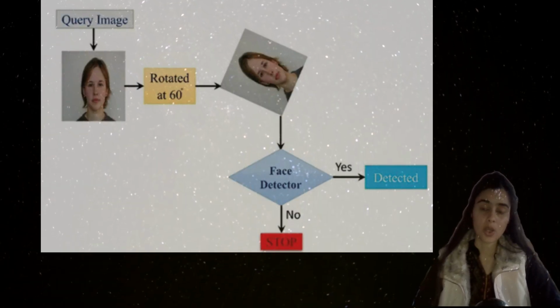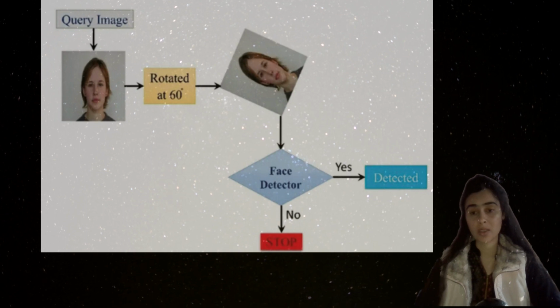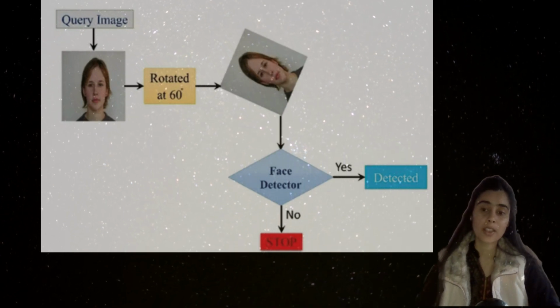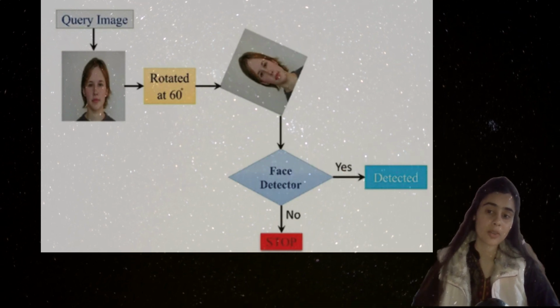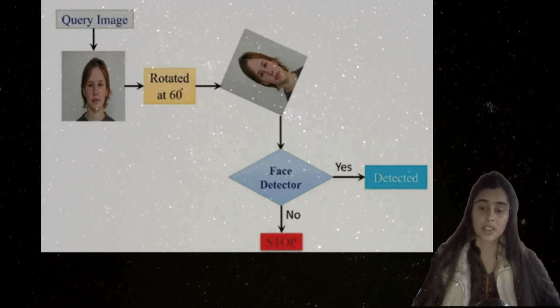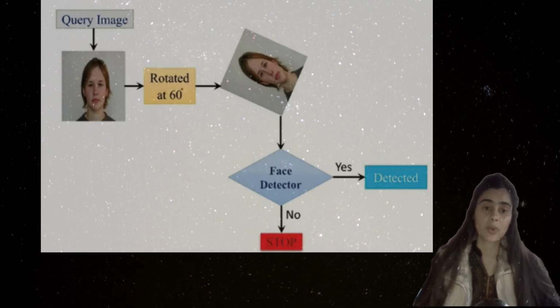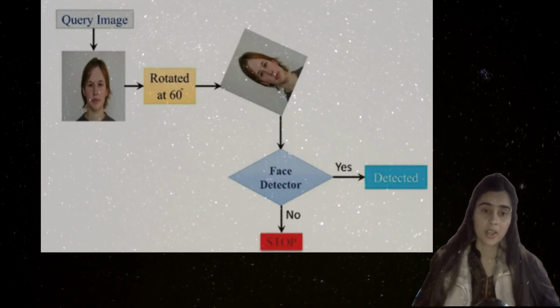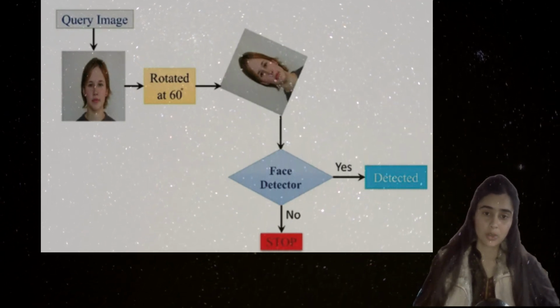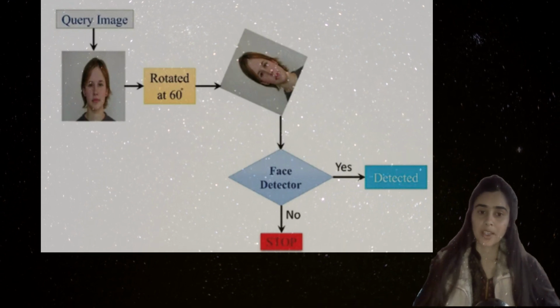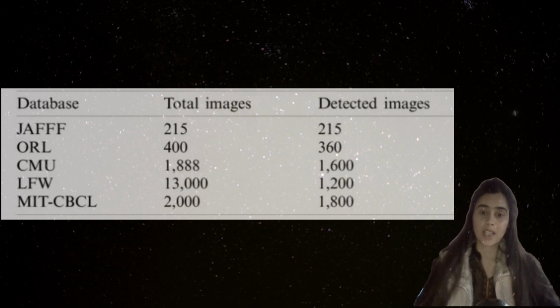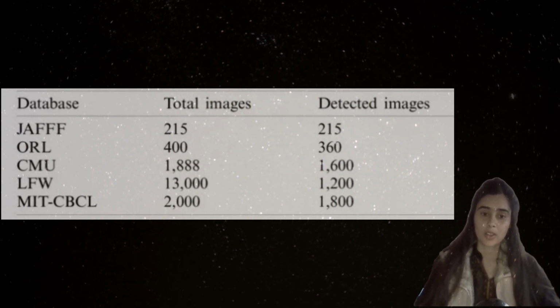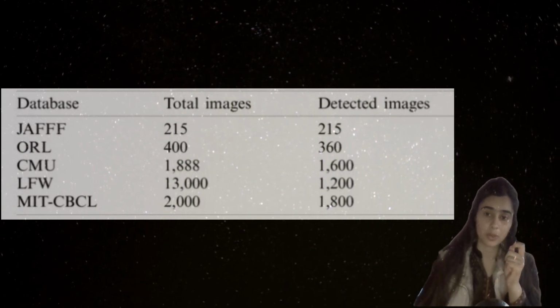Here you can see the simple process that is used. First, we need a query image. On that, we will apply the rotation, and after that, we will apply the face detector. Then we will check whether the face is detected from the image or not. So we have to detect the face from the rotated image. First we need images, and here we used 5 different image data sets. Now we will break down this problem so that we can easily code.